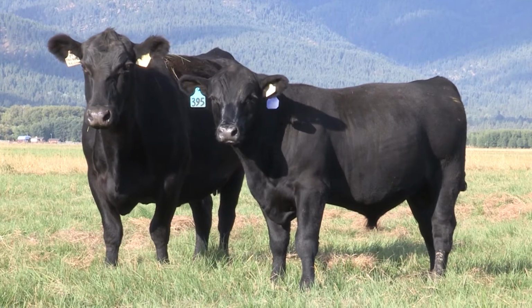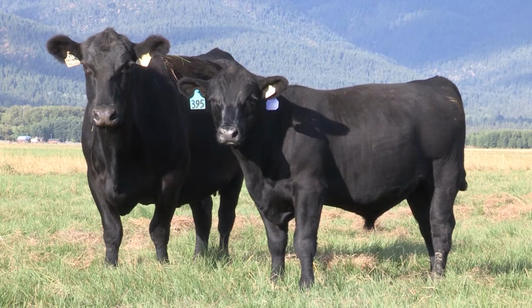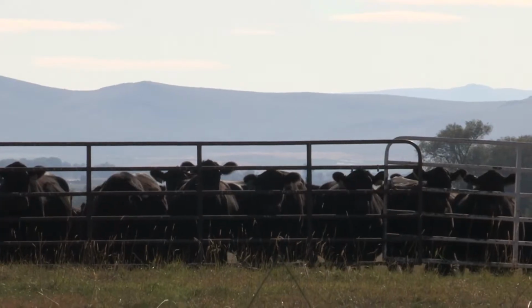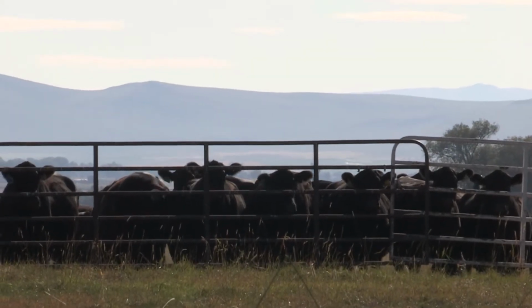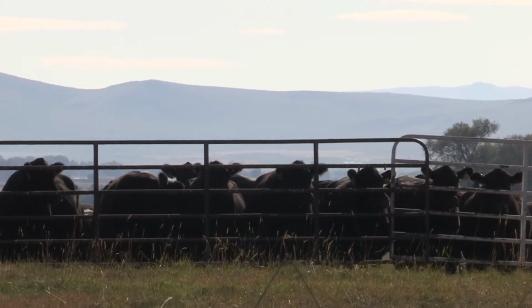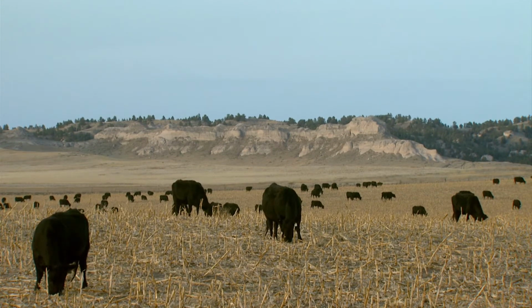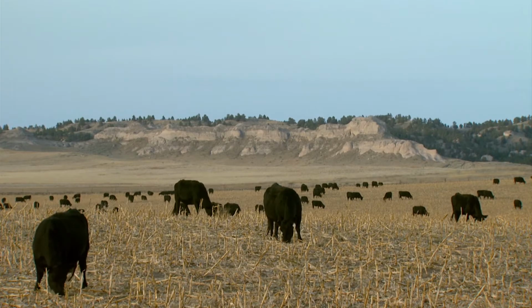Black-hided. It's the initial requirement for more than 80 beef brands certified by USDA. That also means it's the first limiting factor in supplying the first and largest of those, the Certified Angus Beef brand. The company has tracked black-hided numbers since 2004, and USDA now reports nearly 63% of carcasses in the mix get the A stamp. But when you compare that to some of the bull turnout data,